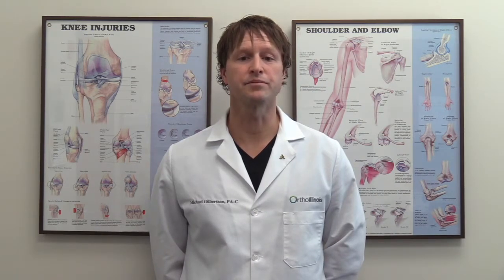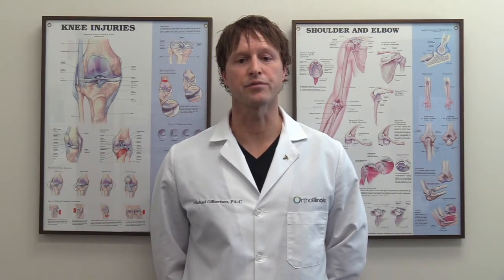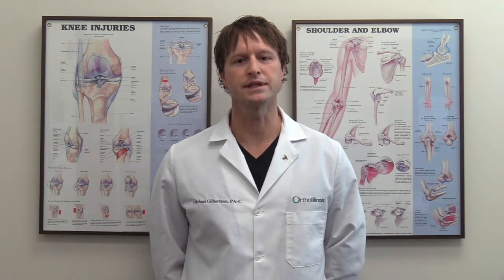You are allowed to bear as much weight as tolerated on the operative leg unless otherwise instructed, with the brace on and locked in full extension. So please do not walk without your brace on. You will be given written instructions before leaving the facility on the day of surgery detailing the limitations that are specific to your procedure. A white absorbent dressing will be